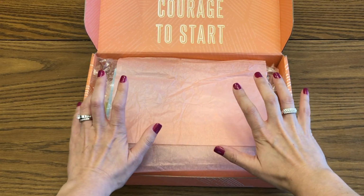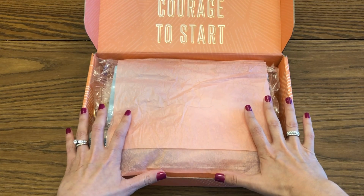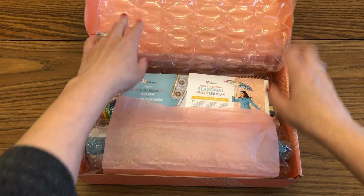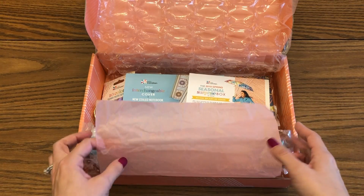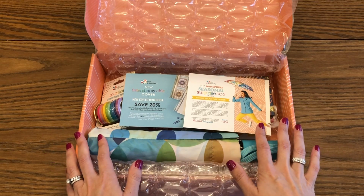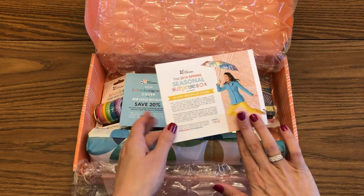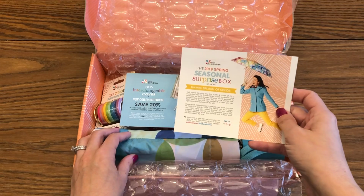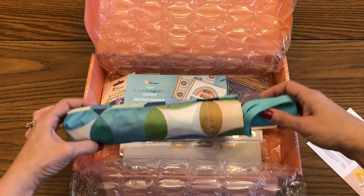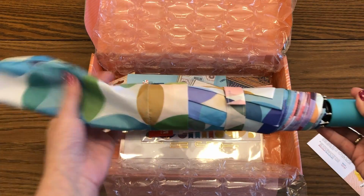So like I said, spoiler alert, if you don't want to know what's inside, stop watching right now. I'm so excited. Okay, I've already opened this box, so I already know everything that's inside. There are a lot of really exciting things in here. The theme is splash of color. Obviously, if you've been paying attention to the spoilers, you might already know that there is indeed an umbrella, and